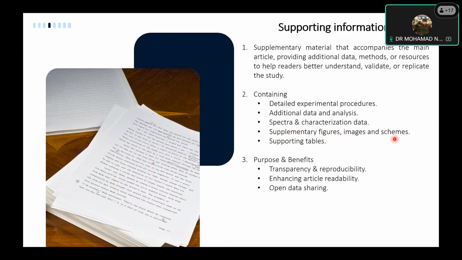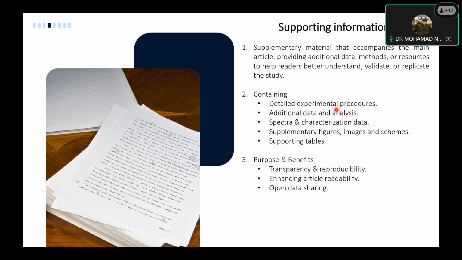In our case, for example, we put the 3D orientation of molecular docking in our main article, and we put the 2D in our supporting information. The difference is that 3D is nicer in articles because of the 3D orientation, but the information in 2D is very important because it shows us the type of interaction, whether they are pi-pi stacking, hydrogen bonding interactions, and so on. Sometimes we also put in supporting tables, if we have all the information we want to put into our main article, but there is too much.